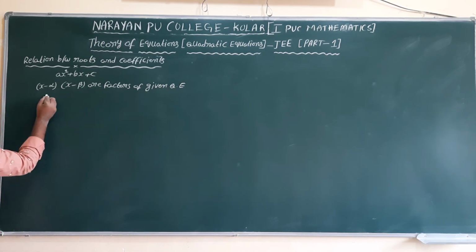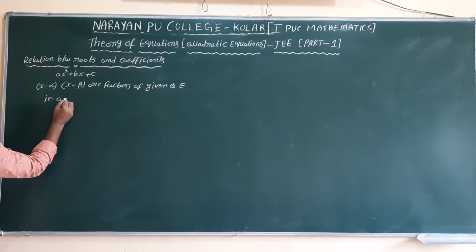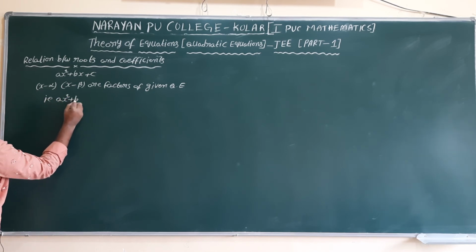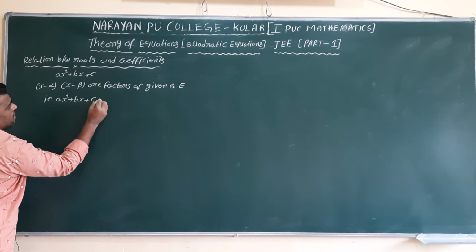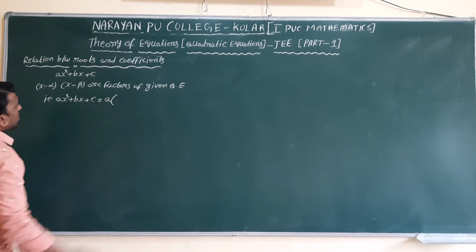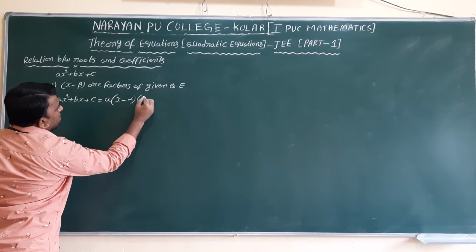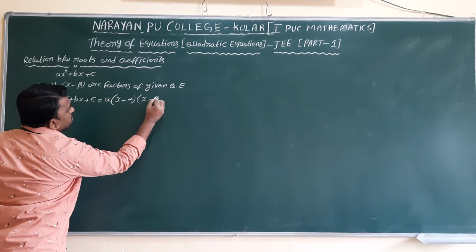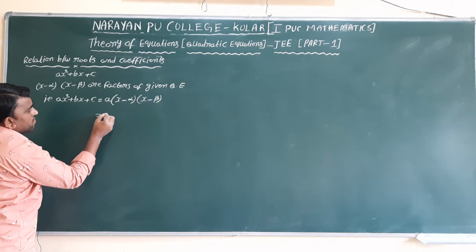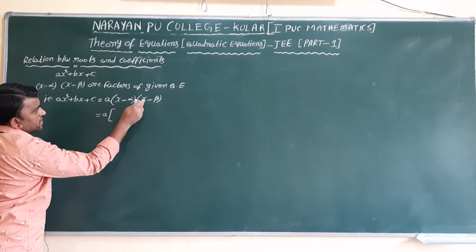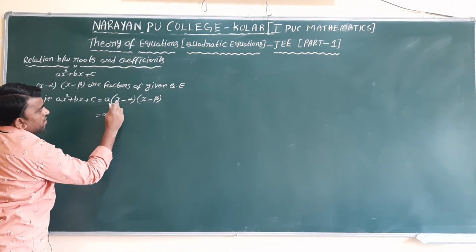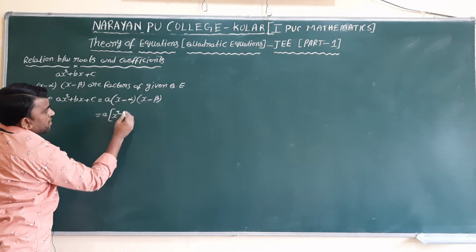So that is ax square plus bx plus c equal to a into, what are the factors? x minus alpha, x minus beta. So simplify these two: a into x into x, x square minus x beta minus x alpha,